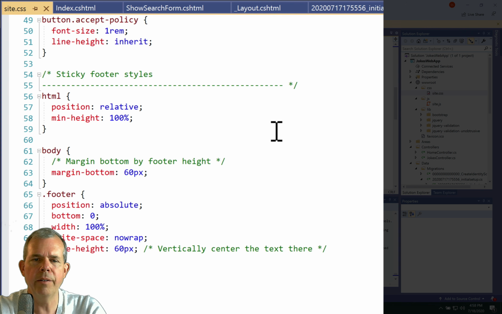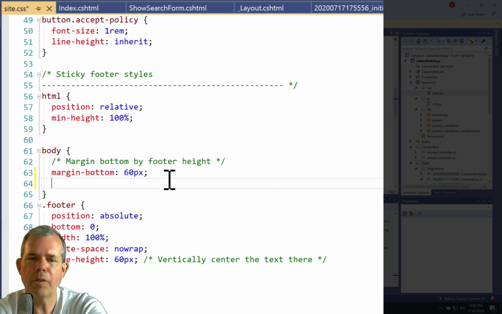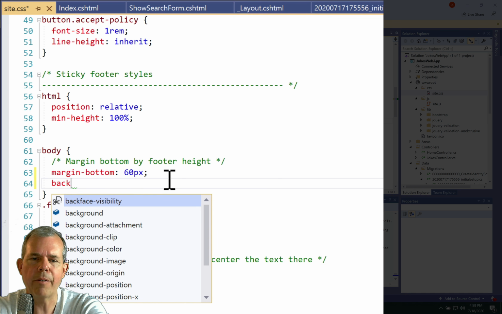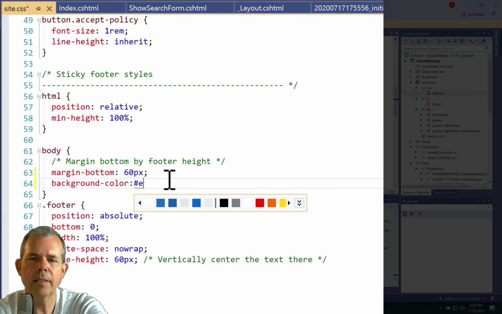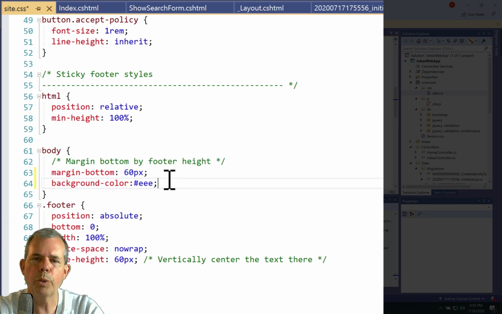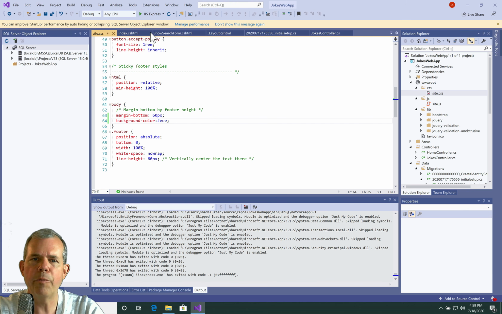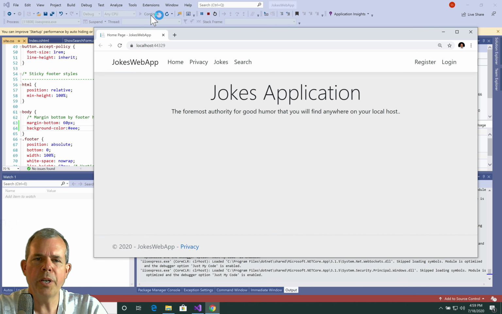I'm going to scroll down until I come to body. Let's just change that to a different color. So let's try background color as an option. And then I'm going to pick something that is just a light gray. So how about a triple E? And I'll save that and run it. Okay, so I got it up and running, and it looks like I have a light gray background that I